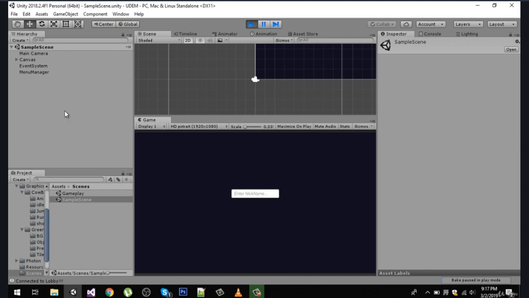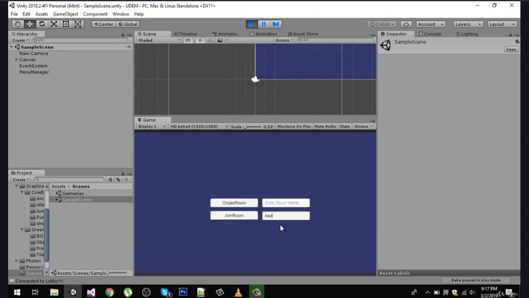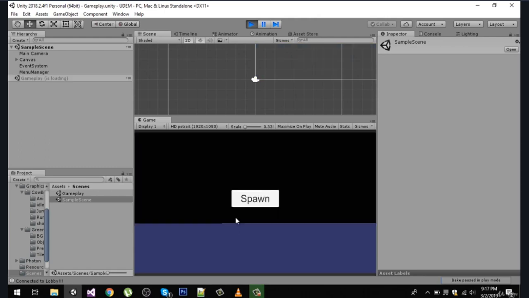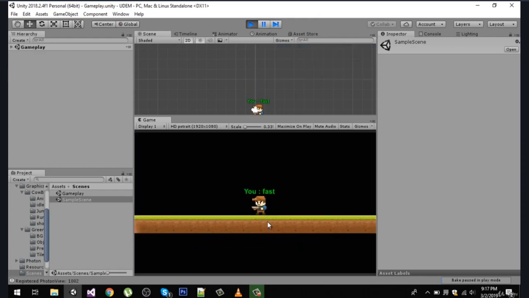Now let's go back to the first scene and play the game. Now let's enter my nickname and join a room and spawn our player. So now you can see that